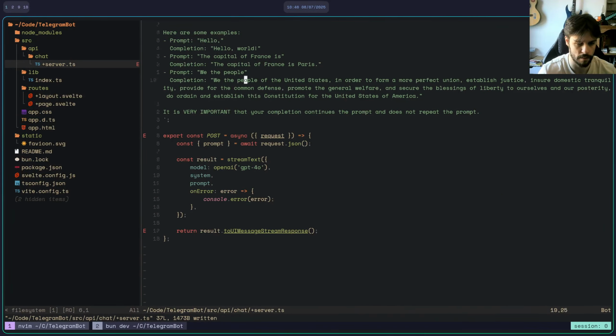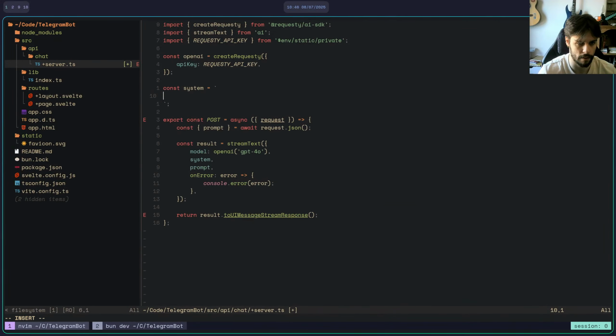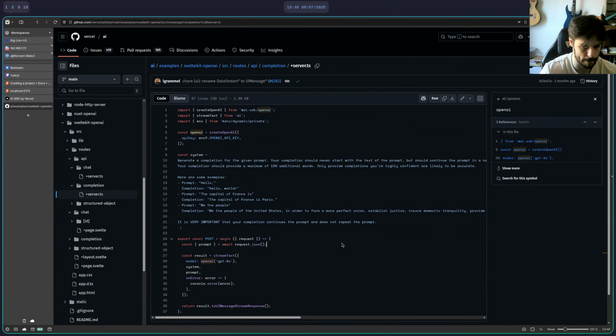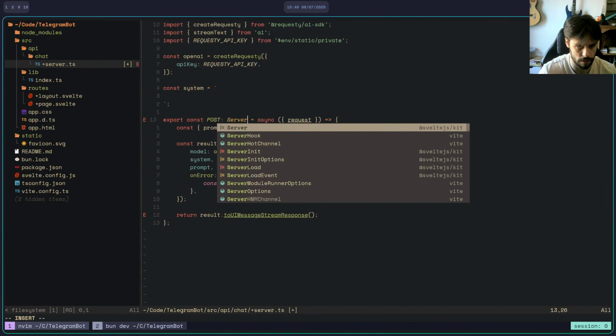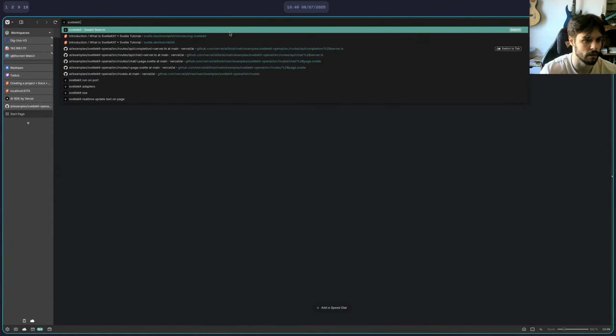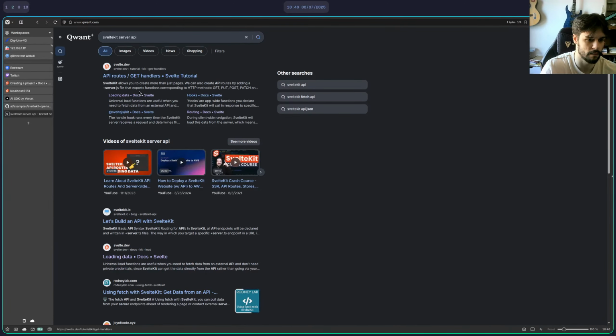Okay, this isn't typed, it needs to be typed. Let's go over it. This is going to be what a SvelteKit server API route.